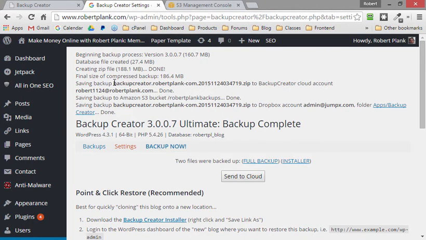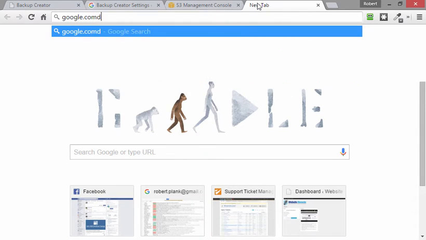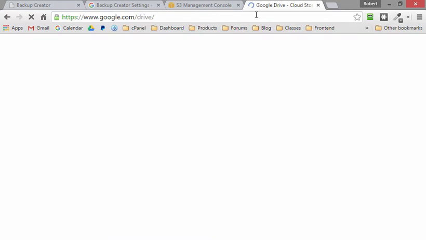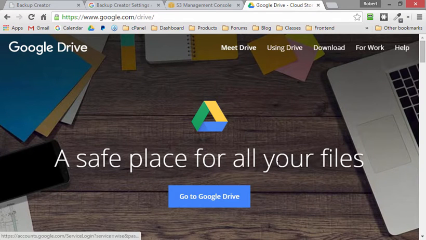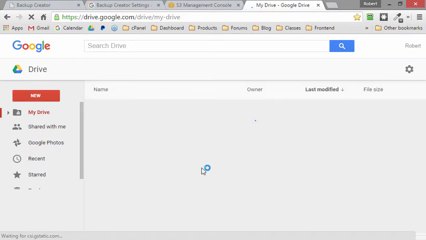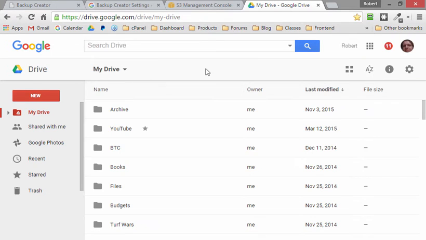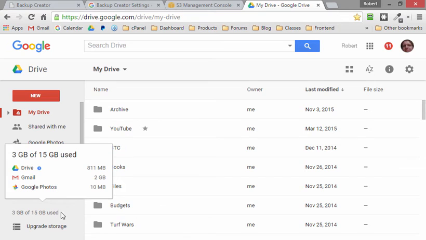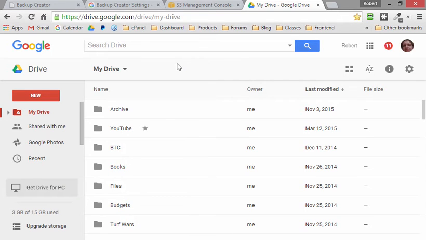So now we've put it on all these different places, and let's check out Google Drive. We'll go to google.com/drive, and if you have a Gmail account or any kind of account like that, this is the login you use. Go to Google Drive, and I believe I'm already logged in. So Google also gives you a couple gigabytes of file storage, and so this is the equivalent to Dropbox, Amazon, but also on Google. So in my case, 15 gigabytes of storage,